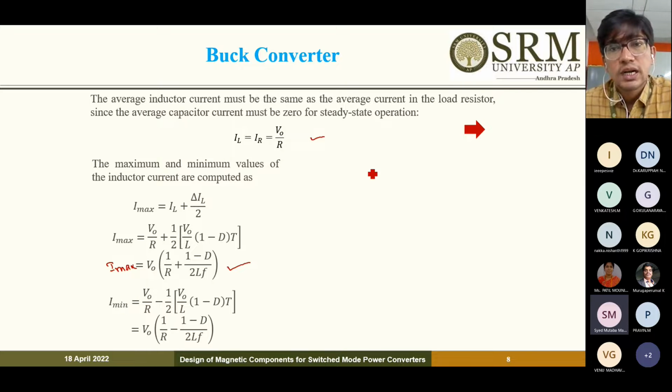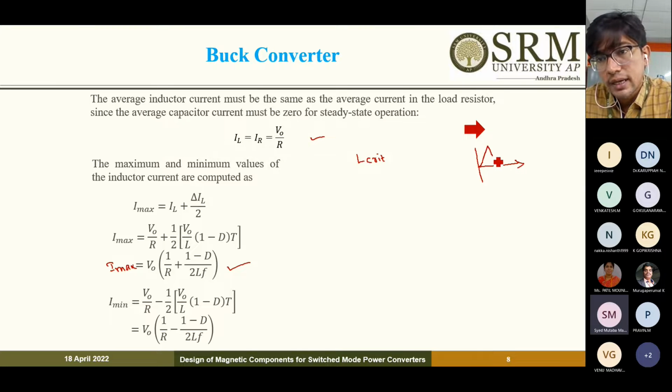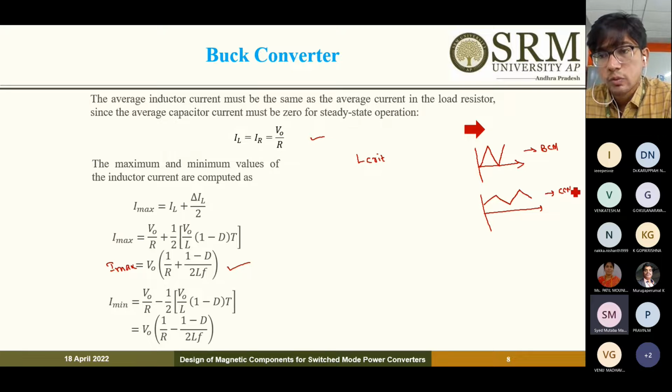In order to operate your converter in continuous conduction mode, first of all we need to find the critical value of inductor. The critical value of inductance means the converter will operate under boundary conduction. That means the current flowing through the inductor will reach zero immediately and then rise. This is the boundary conduction mode. Continuous means the inductor current will never come to zero. This is the continuous conduction mode. Discontinuous means that